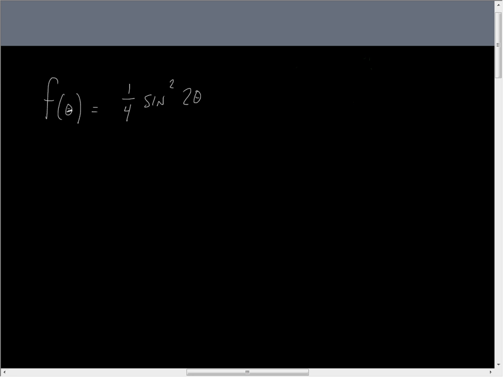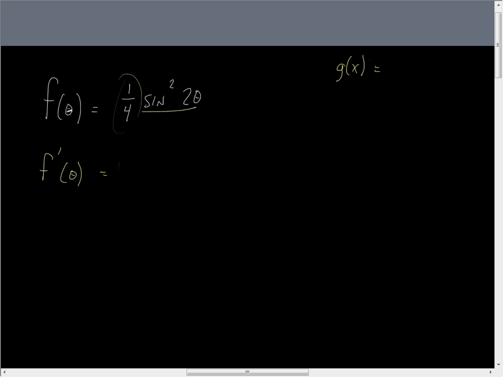All right, so starting off with this, we are going to notice that we need the chain rule in order to take the derivative because we are told to find the derivative with respect to theta. Okay, well, when we do this, we need to really start looking at some interior functions. So let's take a look at a mysterious function g of x. I'm going to ignore the 1/4 because we can bring it out and it doesn't matter. And so concentrating on just the sine squared 2 theta,